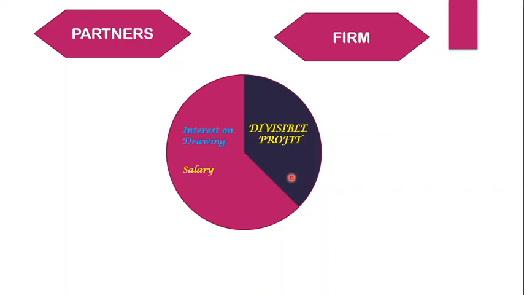So the concept says, if anything is omitted or charged in excess or allowed at a lower rate, the second effect will be on the divisible profit. I hope the concept is clear, that divisible profit will increase if these things are not provided, and if these things are provided by mistake, then divisible profit will decrease. I'll make you understand the same concept by taking one practical problem also, so that you can understand it in a better way. So let's move to the next one.